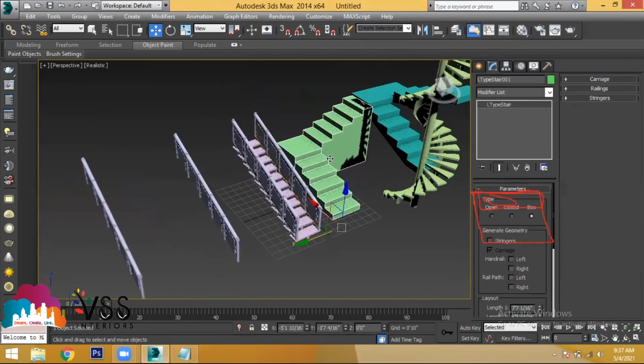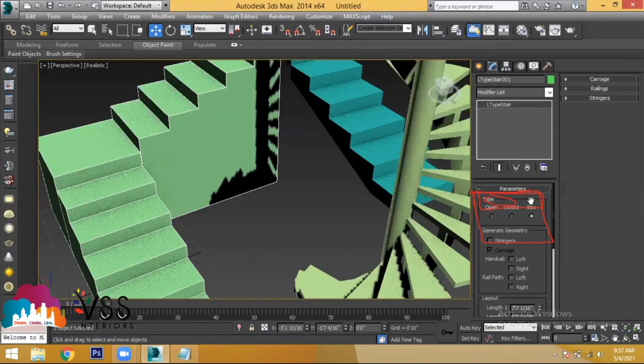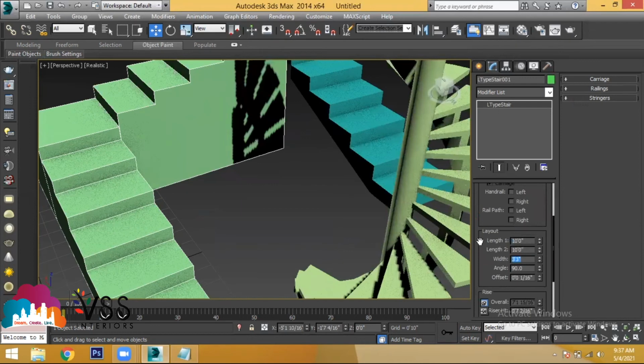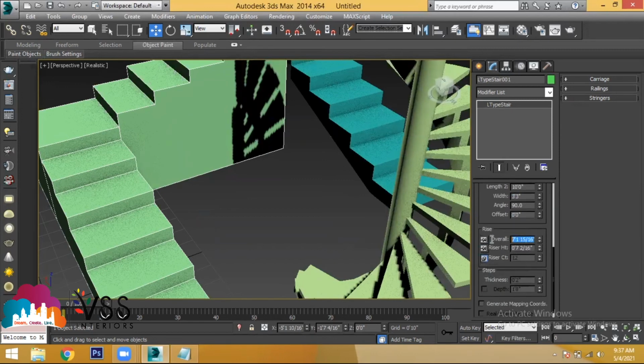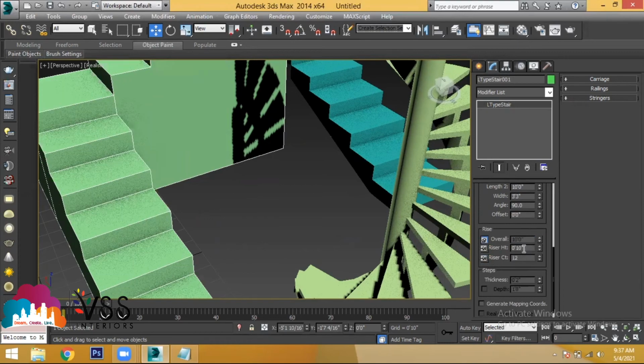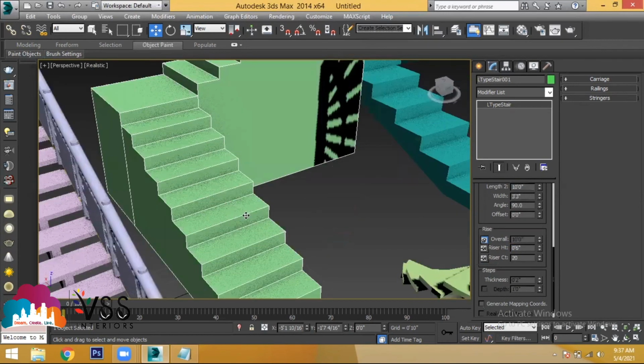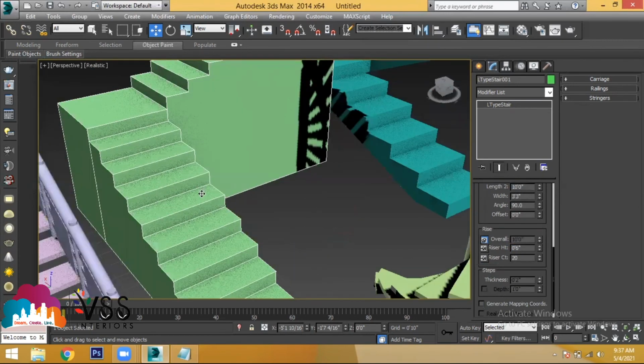Now let us take this staircase, and I'm providing some modifications. After creating a staircase and giving the railing, what do you have to do?